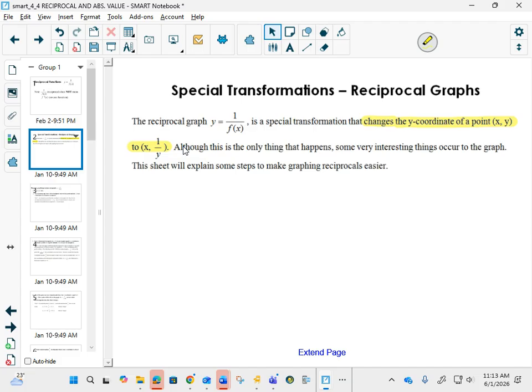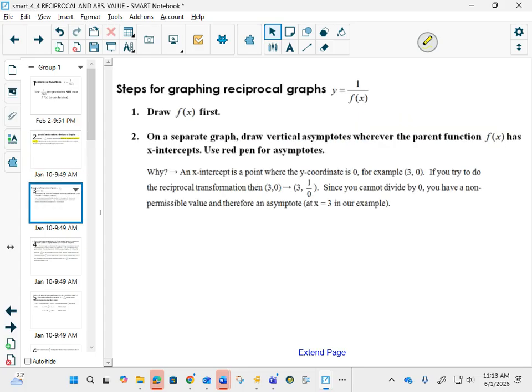But there are some special things that happen. So we're going to look at how we go about graphing this. You're going to graph your original graph first. So whatever the bottom was, if it's a parabola, graph a parabola. If it's a sine graph, graph your sine graph. You draw the bottom first, and then you're going to look, and wherever your original graph had x-intercepts,